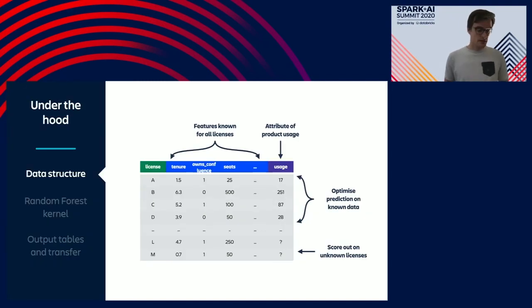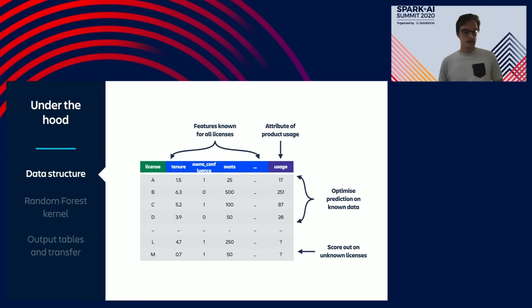Our first step to create these similarity scores is to build a predictive model of product use based on attributes that we know for all licenses, irrespective of whether they send us product analytics or not. To give some examples of this, think of things like how long they've owned the product, how many seats they have for their license, how they own our various other products, all the way to things like how they engage with our ecosystem and extensibility.